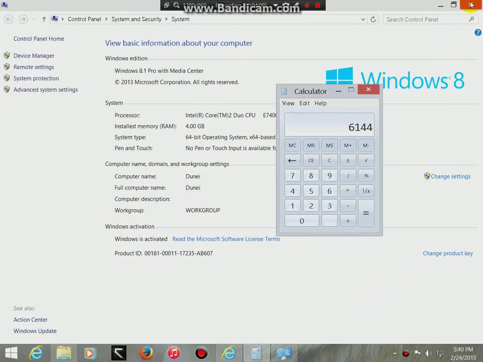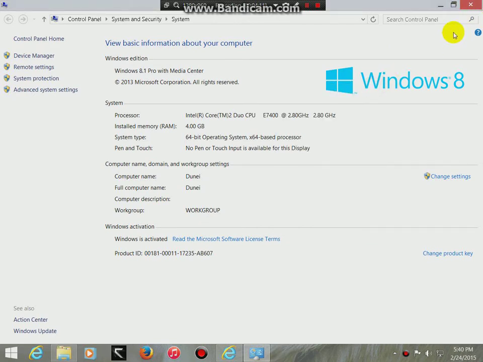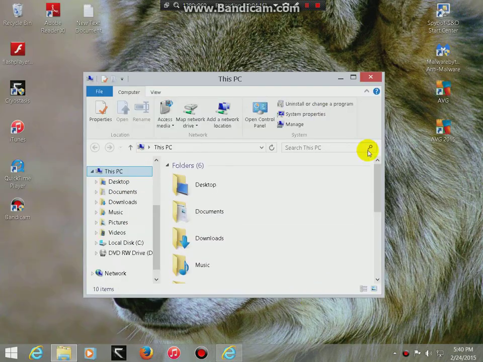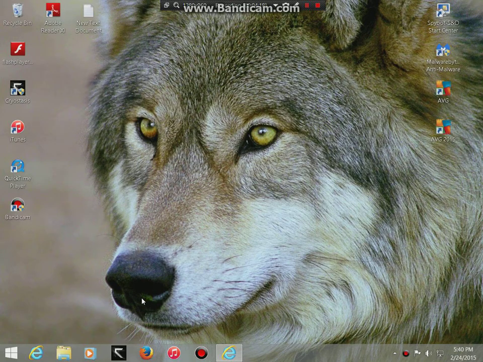And that, my friends, is how you upgrade the RAM in your computer. It will speed your computer up quite a bit. I actually did it earlier today, and it has been doing wondrous. So after you're all done with that,